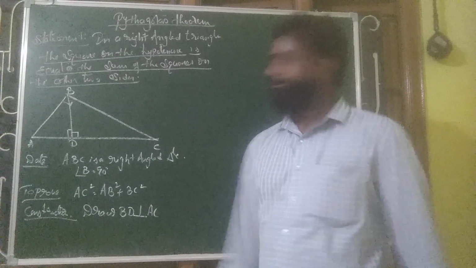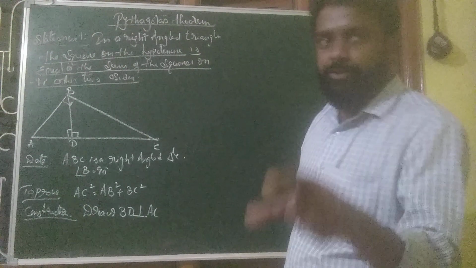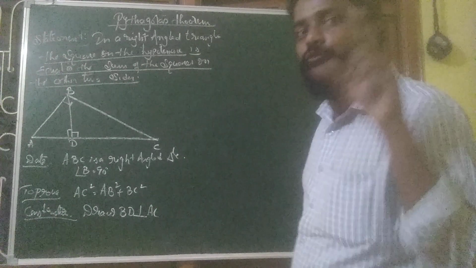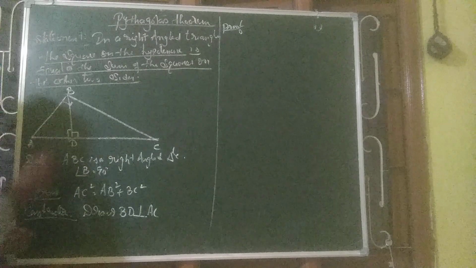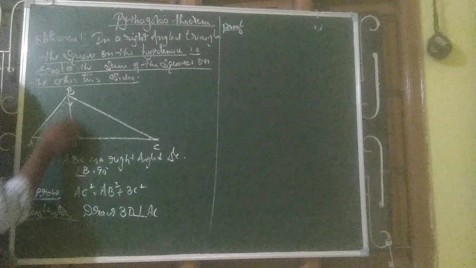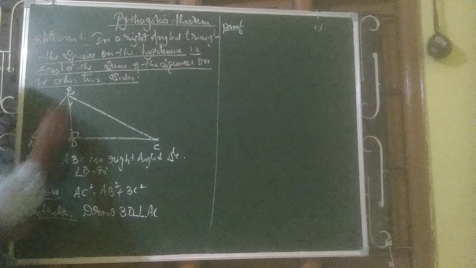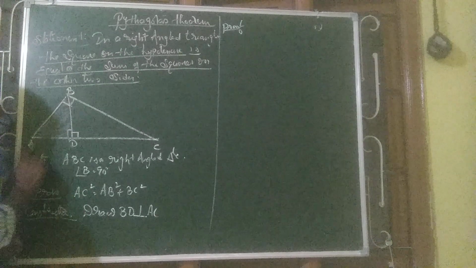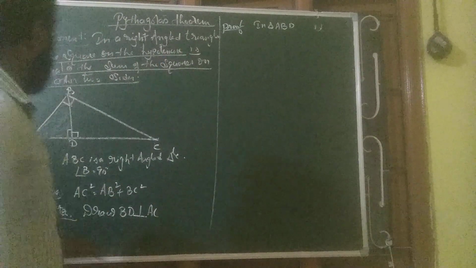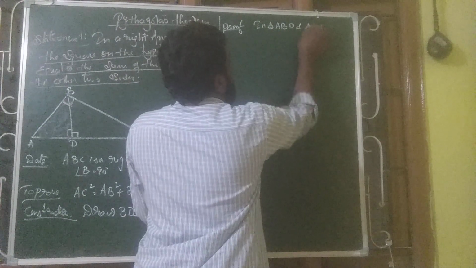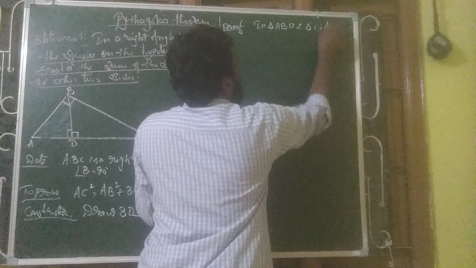Clear? So far is it okay? No worries, I will try to make you understand in a very simple way. Okay, so now the proof. The proof is following here. So there are two triangles. First let us take this triangle and the whole triangle. The part of the triangle here is ABD. Take that: in triangle ABD and the whole triangle, triangle ABC.